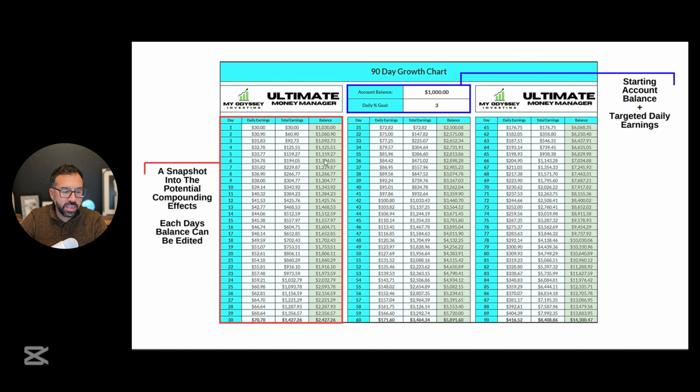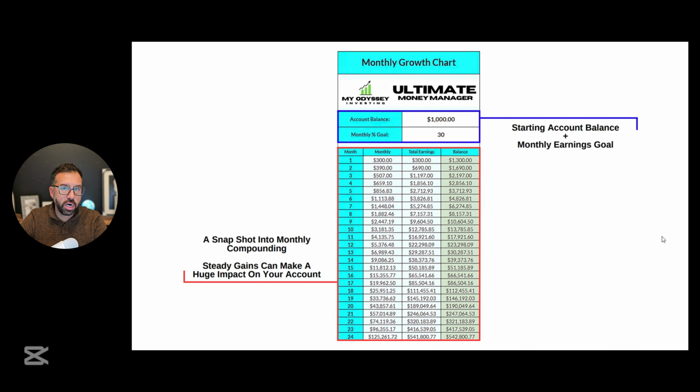You can edit these fields as well inside the document. So if you had a really good day, you could change this 1,092.73 to whatever you ended up in the day, 1,200, 1,300, and it will auto recalculate the rest for you. So that's number 2. What is number 3? Number 3 is a monthly chart, very similar to the daily chart,